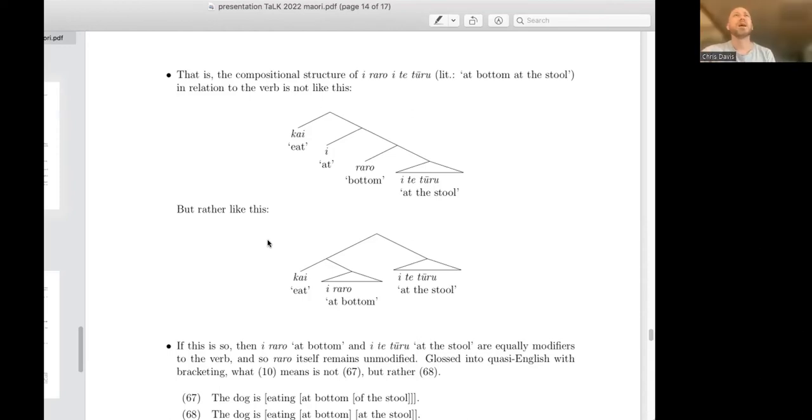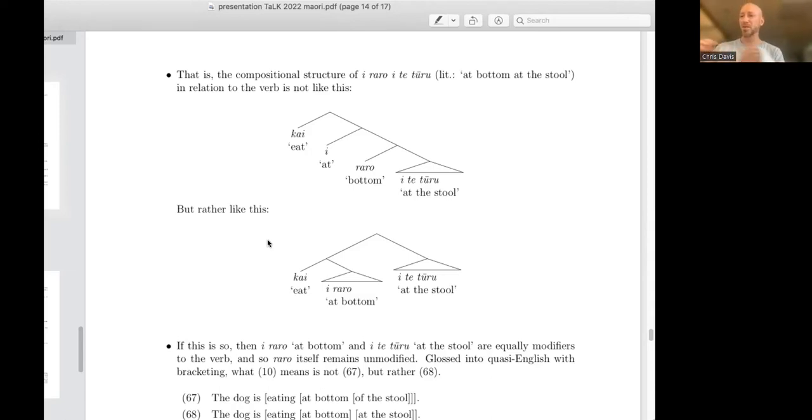Right. Yeah, that's right. I also worry, might not be the right word, but it occurred to me that you might also underspecify the semantics by having the flat structure. Like your analogy of, at my computer at my house. Well, the computer has to be somehow in the house because of the way the world works. But you could imagine there being some relevant case where you're at the bottom of something and also at the stool in some sense. I mean, maybe it's kind of weird, but like the cat could be on the stool under the table or at the bottom of the table or something. You see what I mean?